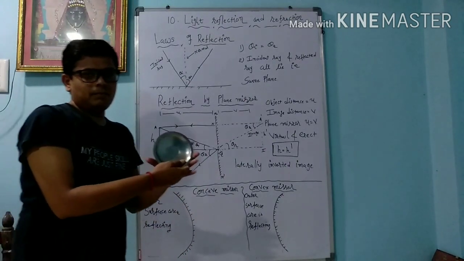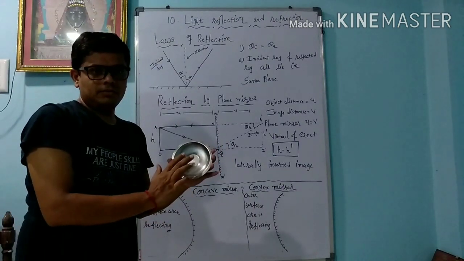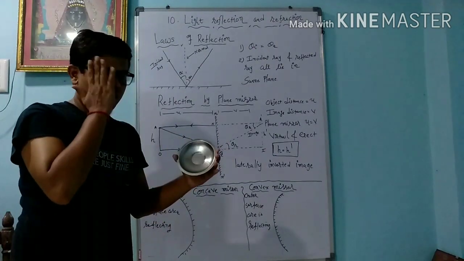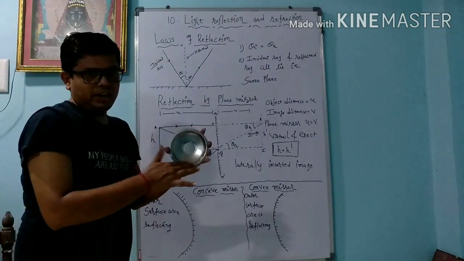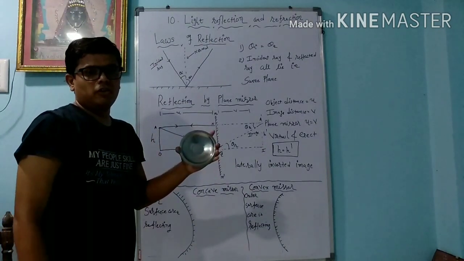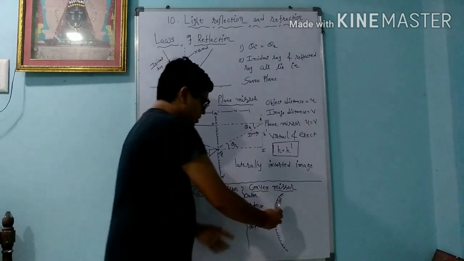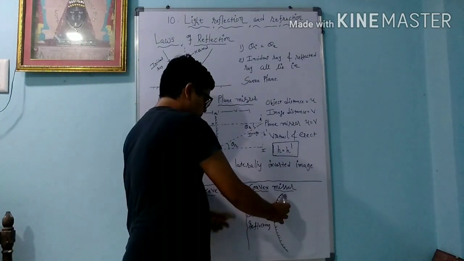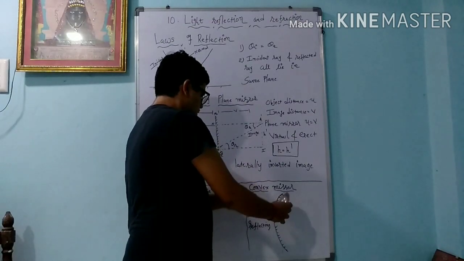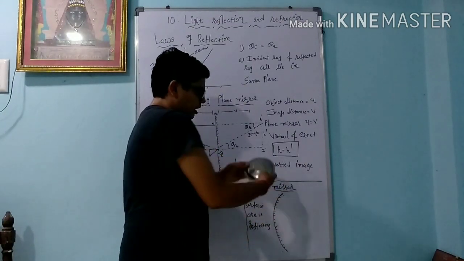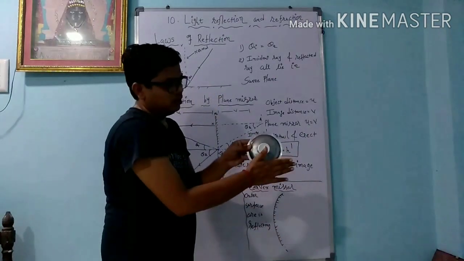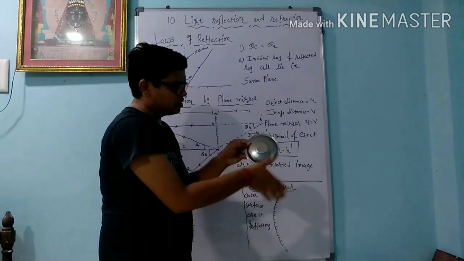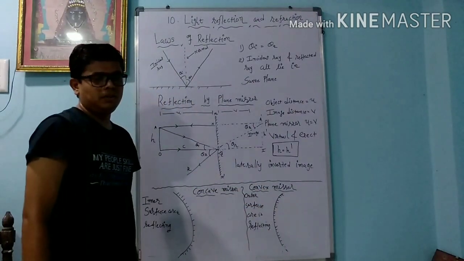You can take one example, one steel plate. It is not a mirror, but for example we can take that. If I hold it like this, and the inner side is reflecting, then that is called a concave mirror. If I hold it here for the convex mirror, and the outer surface area is reflecting, not the inner surface area, then that is called a convex mirror.